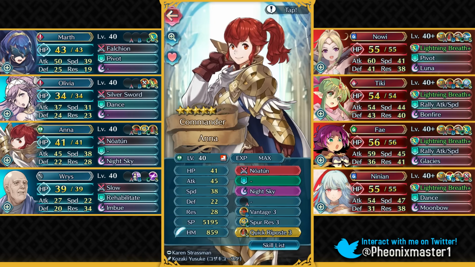And then I've got Anna. Now Anna is definitely a very important unit for this solution. So you need to give her Quick Repose, 2 Sacred Seal, 3 is not needed. I just have it upgraded. And you need to run Night Sky instead of Astra. And if you do not have a 5-star Anna, then I guess you can use a Titania or a Camilla,